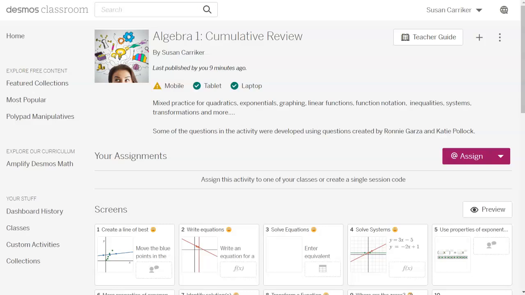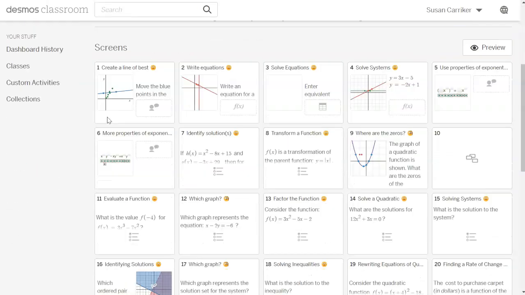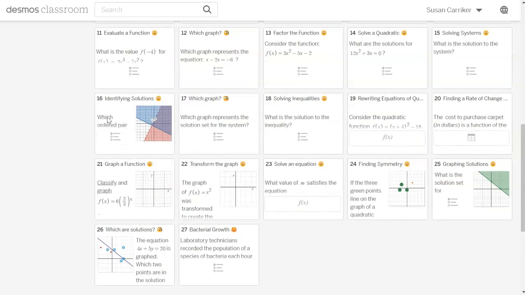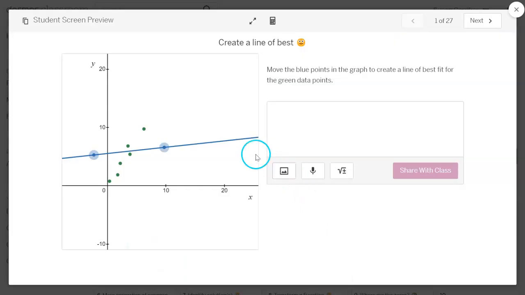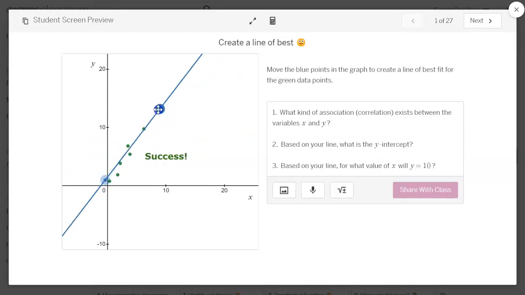So this cumulative review is lengthy. As you will see, it has 27 screens, and it does cover a large number of standards. The majority of these screens are self-checking. On this one, they're going to create a line of best fit. When they do get it correct, it will say success, so tell them to be sure it says success before you